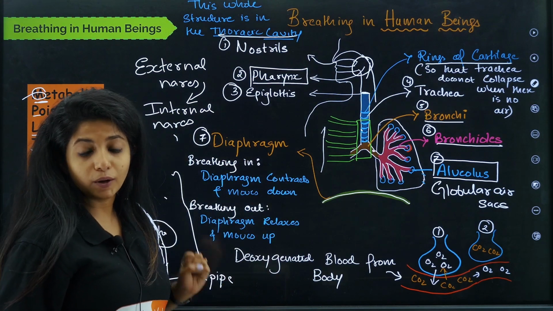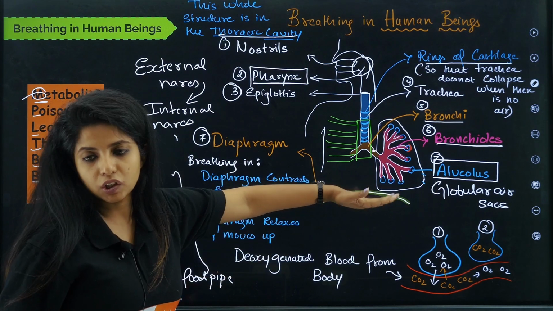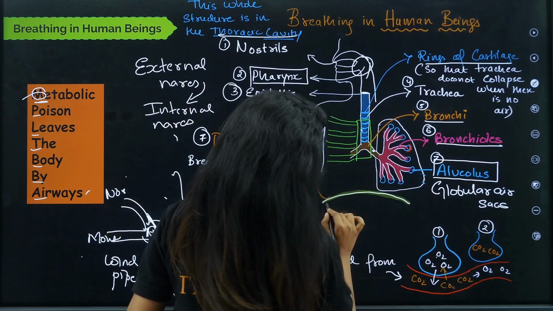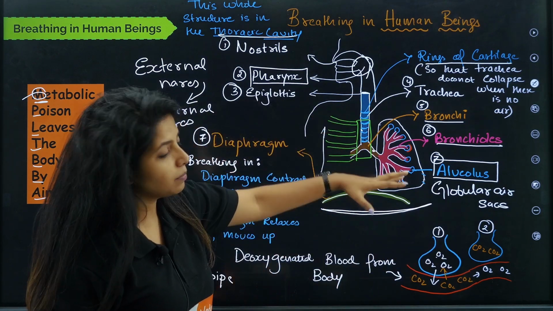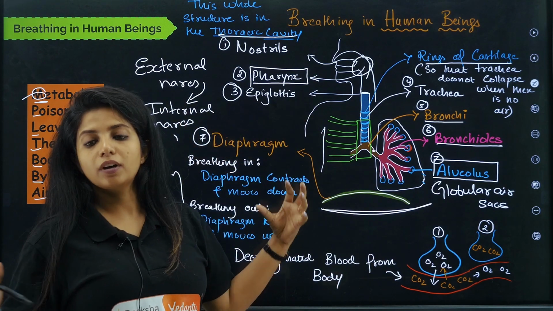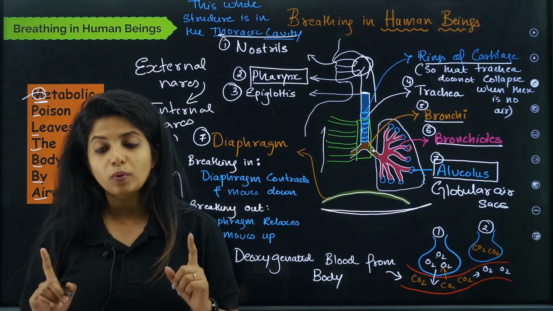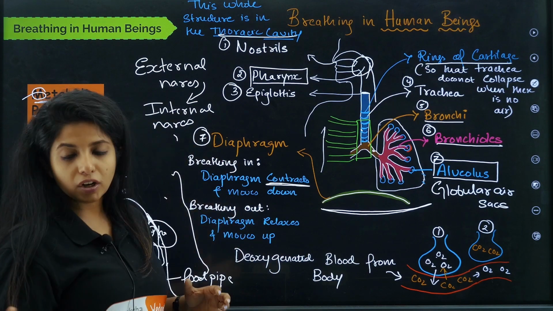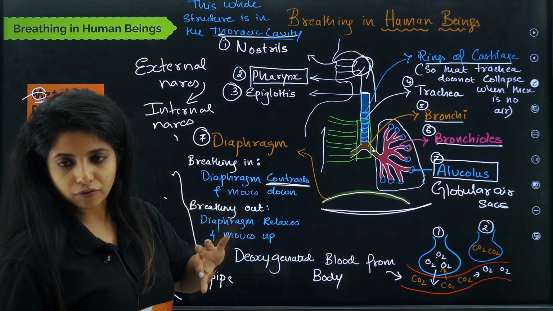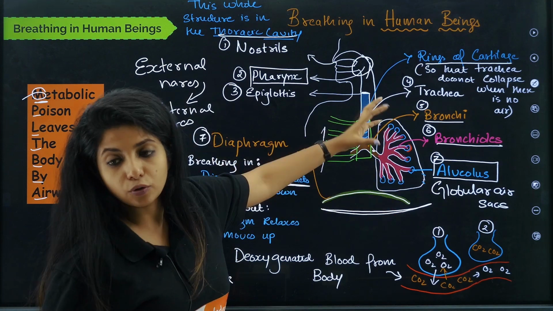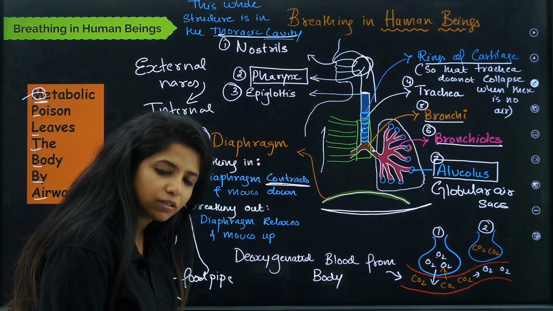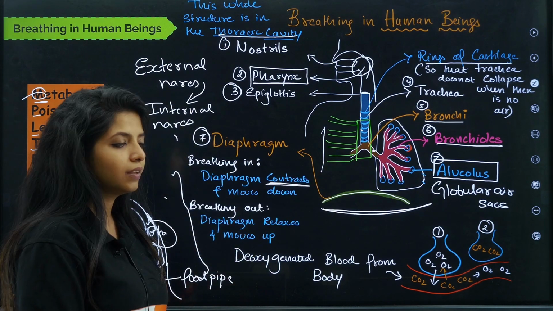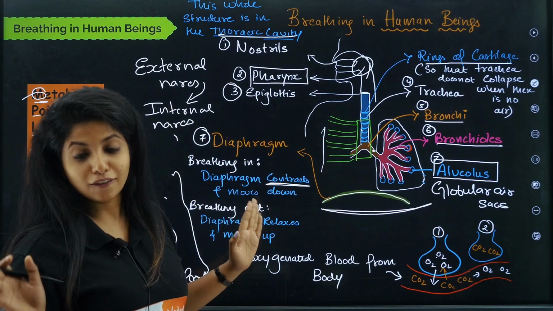Whereas when it contracts, it goes like this, and at this point I am taking in more area for more gases to come inside. Please remember, which is why I am telling you 10,000 times, that contraction you always associate with curving up. It's not like that. Here it's the opposite. Contraction means it's going down and you have more space. Relaxation means you're going like this. When you relax, you're breathing out also. You can think like that if it works.